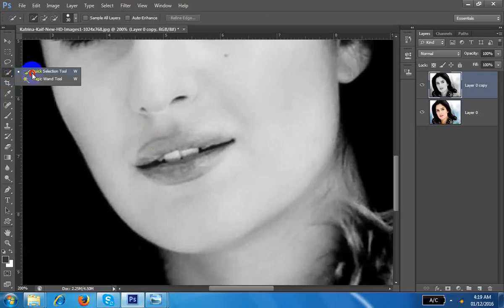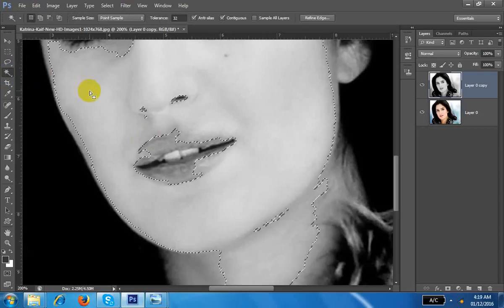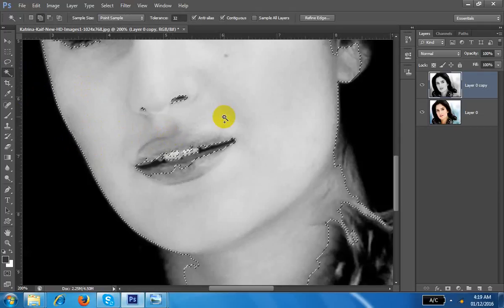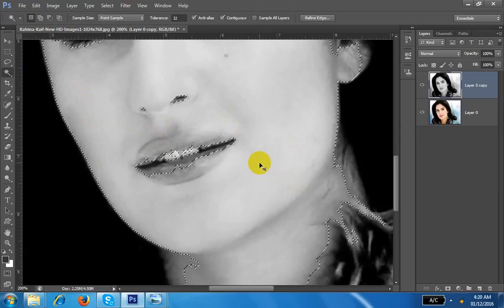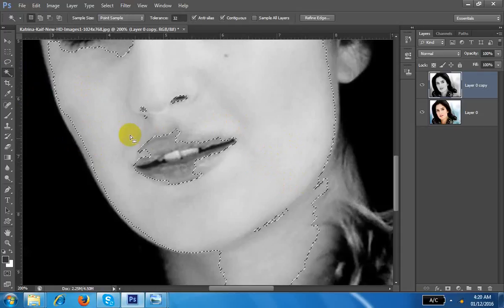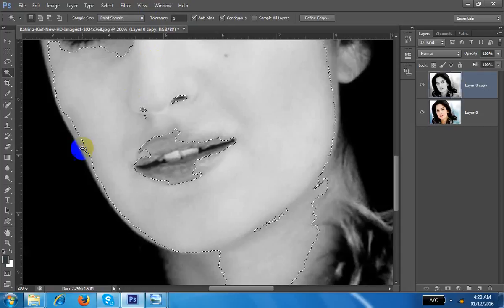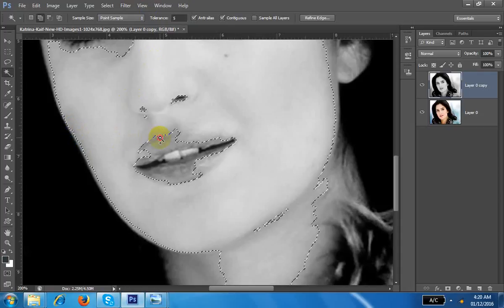Quick Selection is there. This one, hold down the shift. This one, hold down the shift. This one. Okay, I will reduce the tolerance, it is 32, I make it 5, and I can drag it.